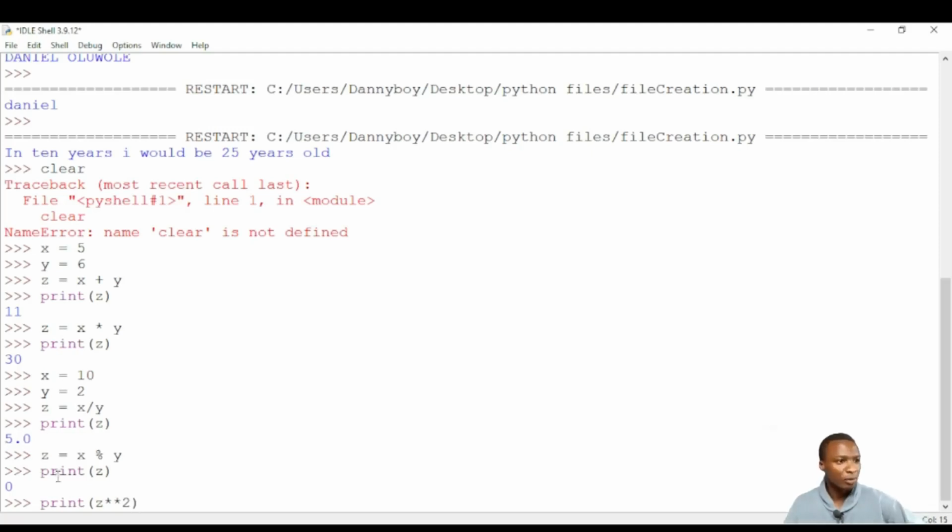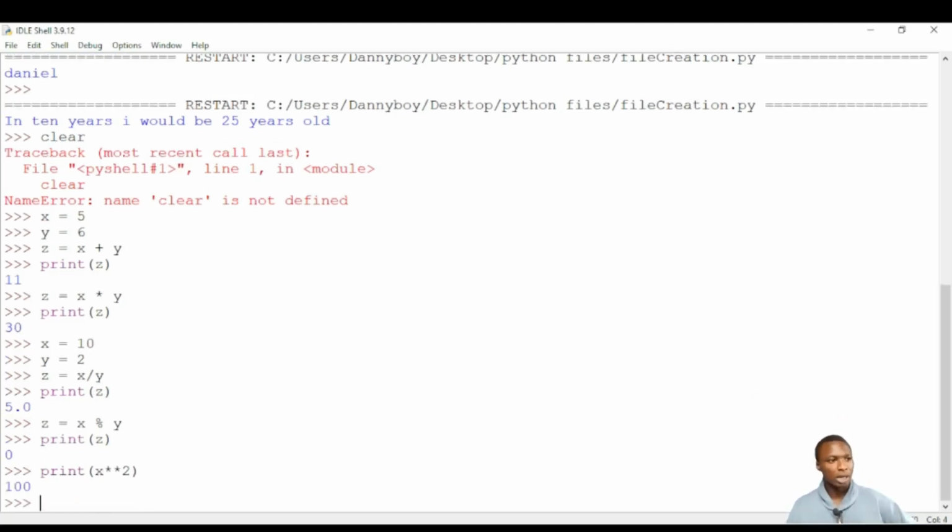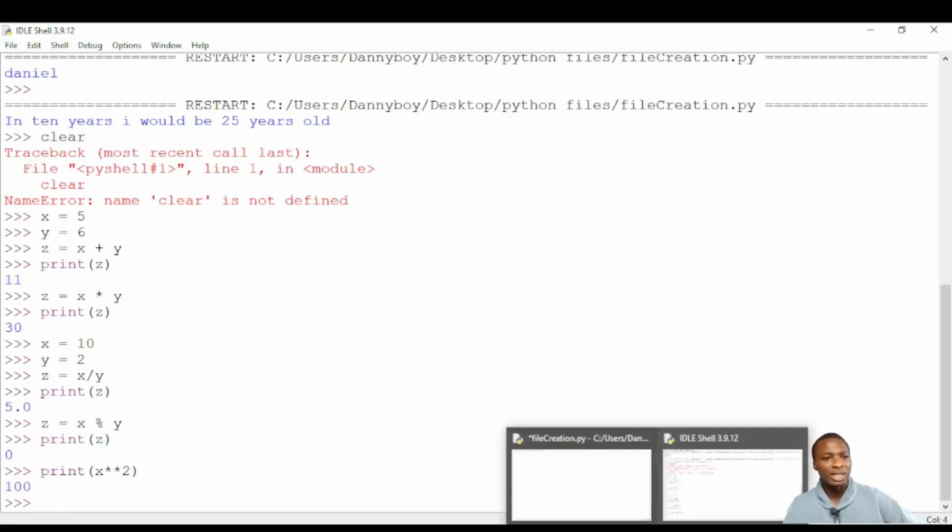What was our z before? 0. Oh no, let me not use z here. Let me use x. X is 10. Our last x declaration was 10. So x raised to power of 2, and that's 100. That's the square of 10, 100. So you can see with integers you can do all manner of mathematical operations, and so that's just all about